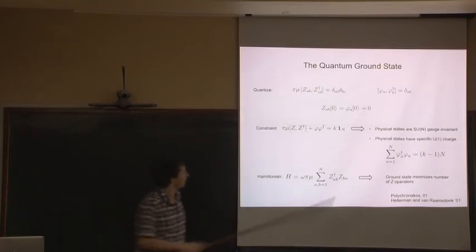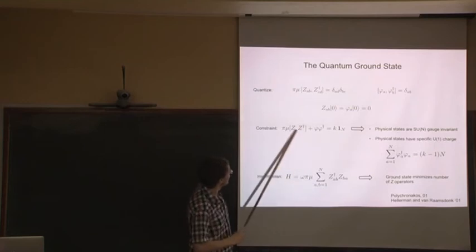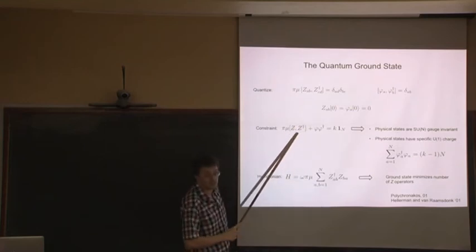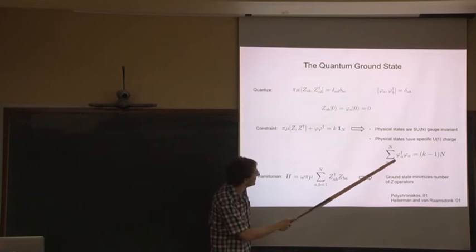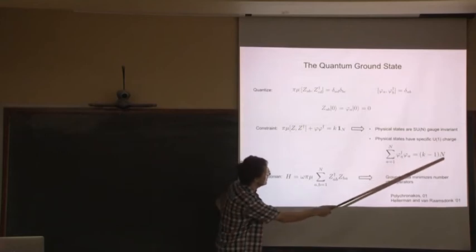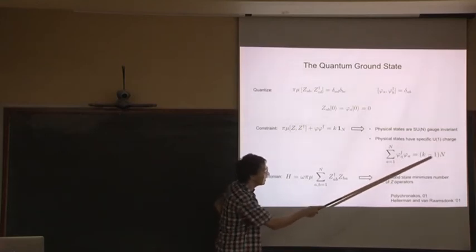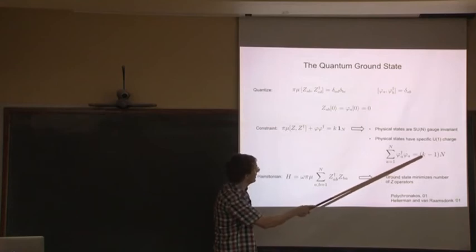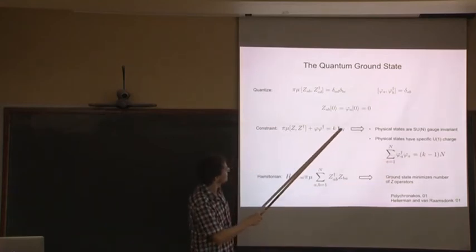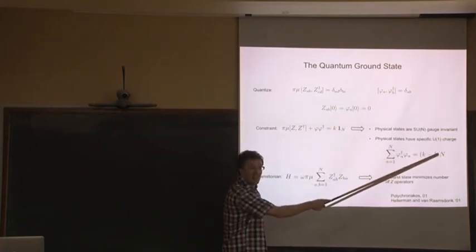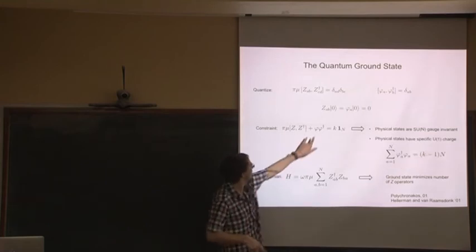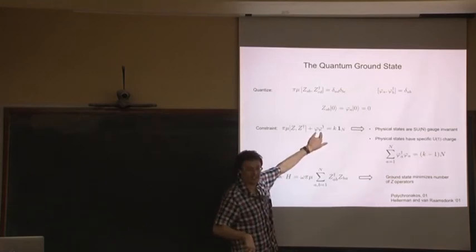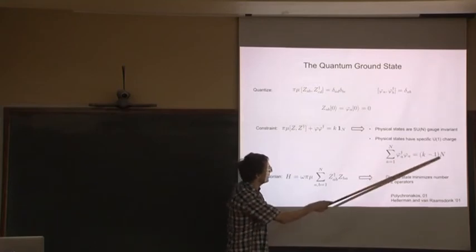Meanwhile, the U(1) part, which you get by taking the trace of this, so you take the trace and the Z decouple, says that phi dagger should have a particular number of excitations, where the number is k times the trace of this, which is N. And then there's a slight subtlety because you have to normal order the phi dagger. So when you swap them around, you get a k minus 1.